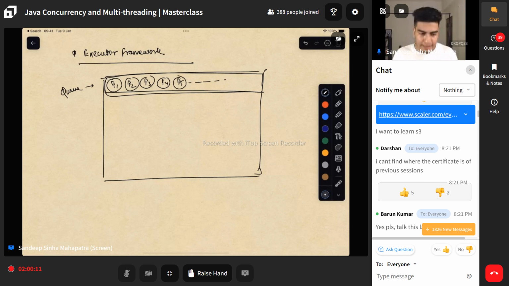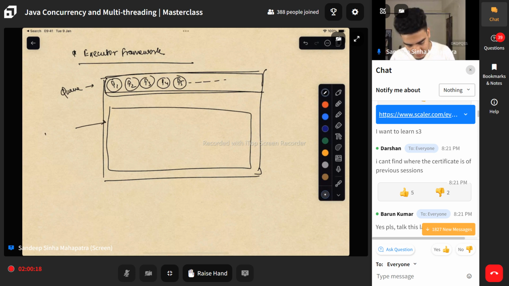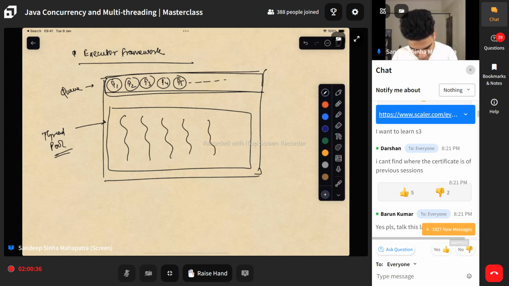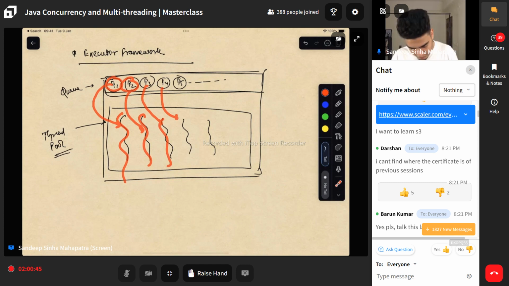Okay, cool. Now, what happens in the other component? The other component is the major exciting part that we call a thread pool. Okay, what is this thread pool? Thread pool is a pool of threads. What it does is create the threads and keep them ready for use. So let's say I have 5 threads, it will assign one task to each thread. It will assign, let's say, task 1 to this thread. This thread is now blocked. Then it will assign 2 to this thread, then 3 to this thread, 4 to this thread, 5 to this